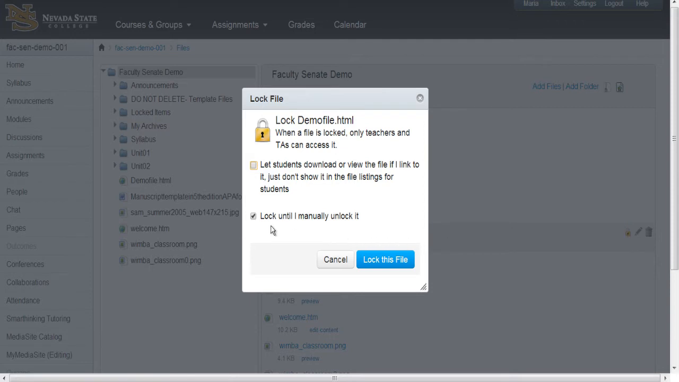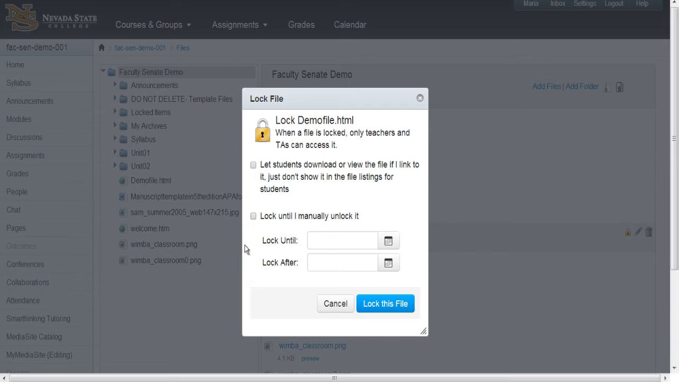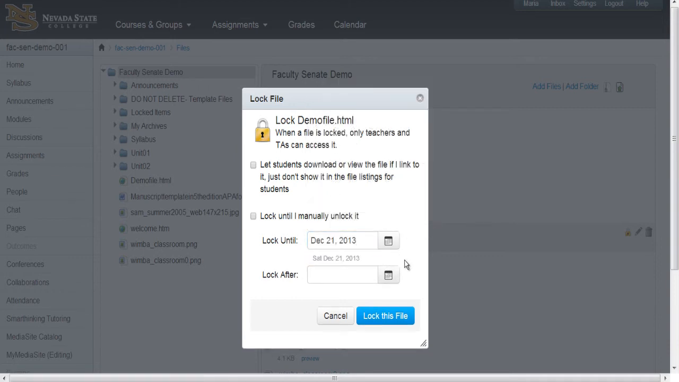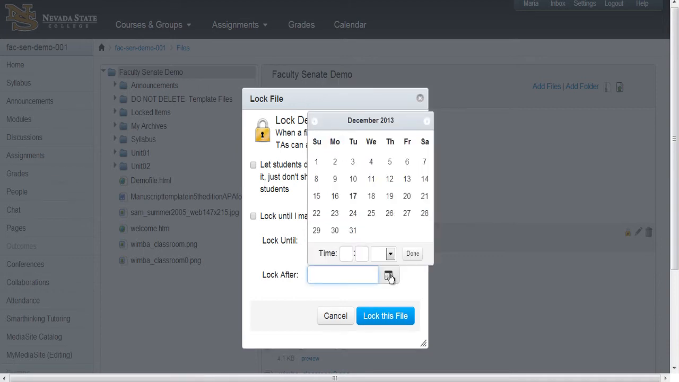Remove the checkmark in the checkbox next to Lock until I manually unlock it. The Lock Until and Lock After fields will appear. In the Lock Until field, click on the calendar icon to select the date you wish your content to remain unavailable until. In the Lock After field, click on the calendar icon to select the date you wish the unavailability